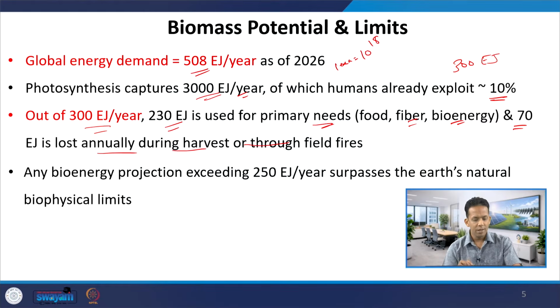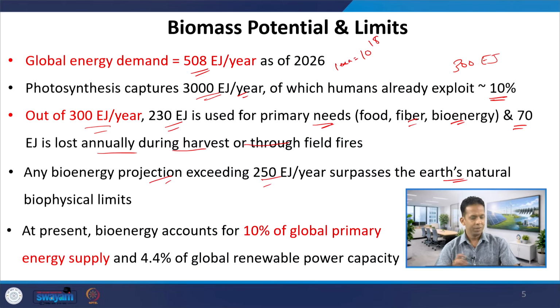And this is the reason why any bioenergy projection which is exceeding 250 exajoule per year is not feasible practically because it surpasses the Earth's natural biophysical limits. It is not possible to extract energy more than this value from biomass, as it will disturb the geological or biophysical balances. So, at present, if we look at the total primary energy supply which comes from biomass or bioenergy,